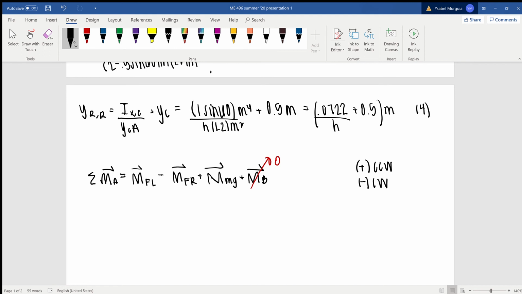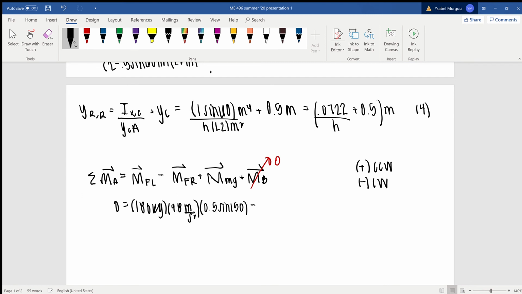So plugging this in, I'm going to start with the weight. So 180 kilograms times 9.8 meters per second squared times 0.5 sine 150. Here, this is just the weight, force times distance times the sine of the angle between them, which I found to be 150 degrees,